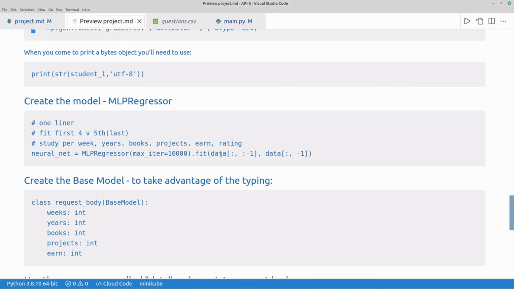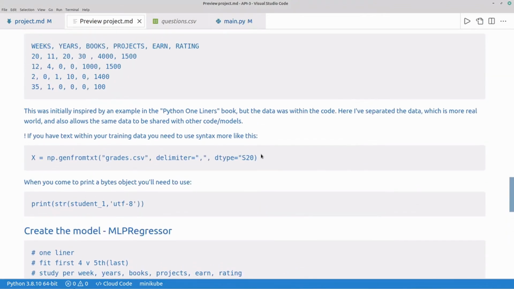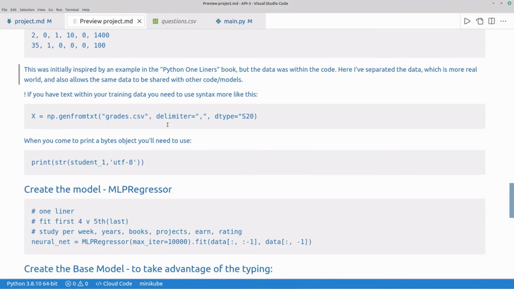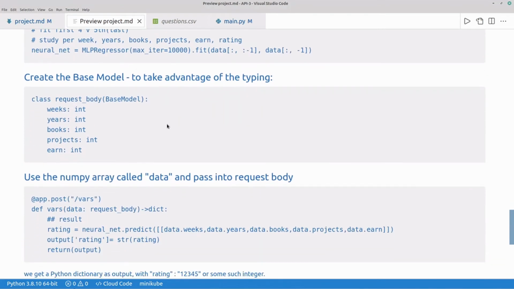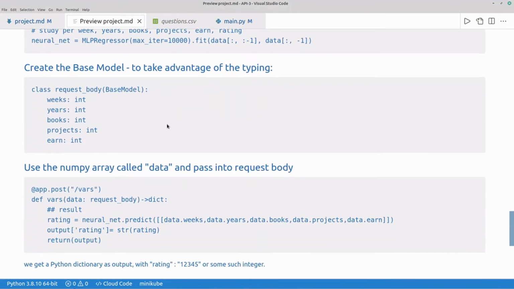Data is basically the array, and then we're saying all columns, and then all rows apart from the last one. So that's X, that's our training data, and that's the test, that's only the last column, which is the rating. So we're going to fit all of the input against the output, what I've got highlighted there. So that's all rows, and then the last column. The last column being rating, which is what we want to find, and then present on our web page to our user. So we've created a base model